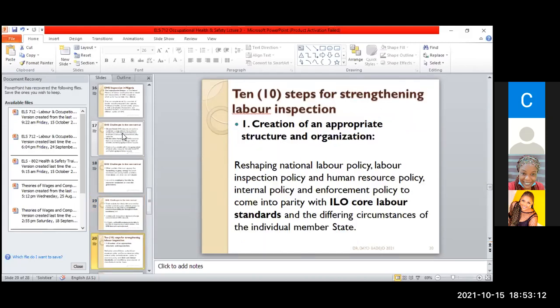Now, I quickly want to rush through this as time permits. We're going to look at 10 steps, because it's not just about lamentation about the challenges. There's always room for improvement. You agree with me? There's always room for improvement. And when you have room for improvement, you don't just take it for granted. We continue to strengthen not only the law,